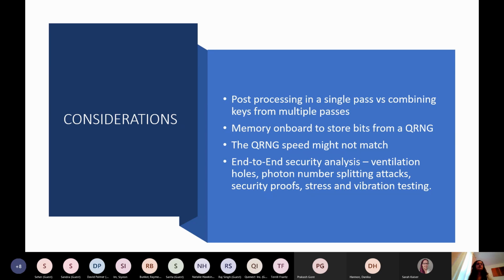There's a lot of optics around it. There's a lot of maths around it, which also needs to be all proved for security, right? So for example, when we are setting this output of the QRNG in a buffer, can somebody have access to that? What are the risks associated if somebody has access to that?